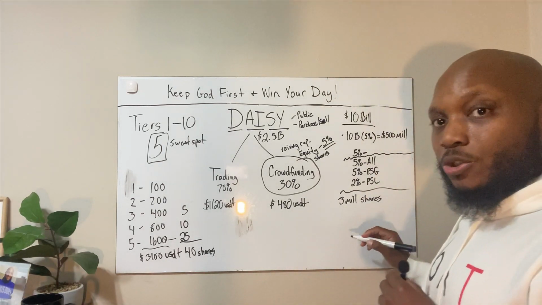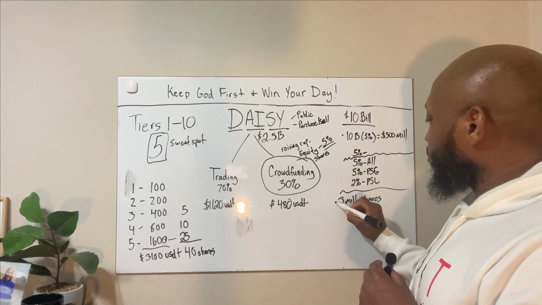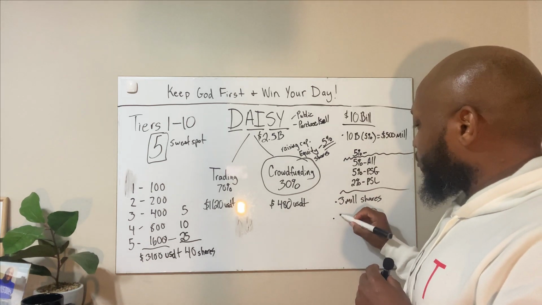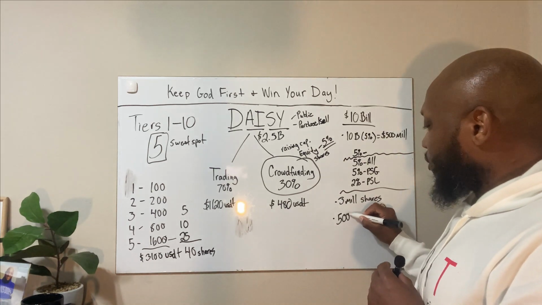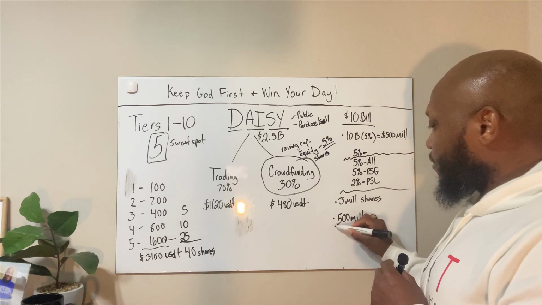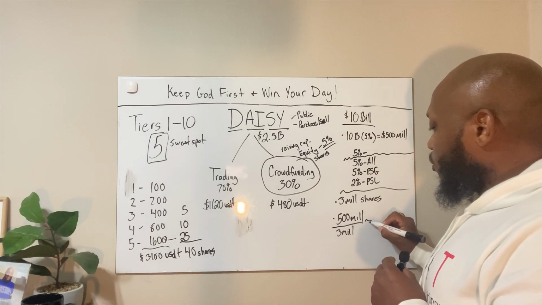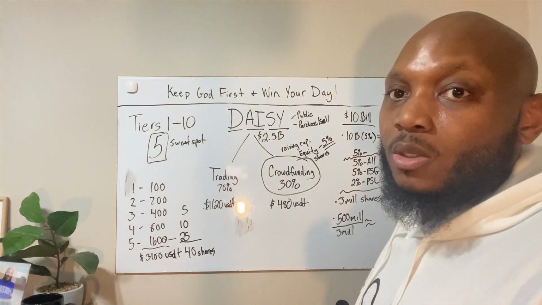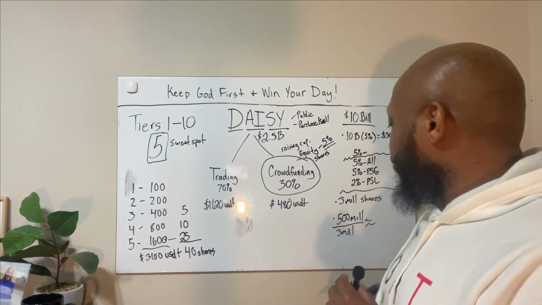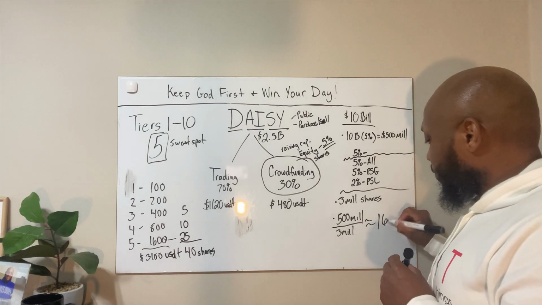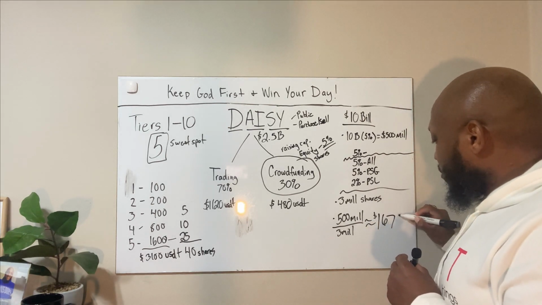So now what we want to do is take the 500 million, that's what they put aside, and divide that by the 3 million shares to see what each share is worth. When you do the numbers on that, that comes out to be approximately $167 per share